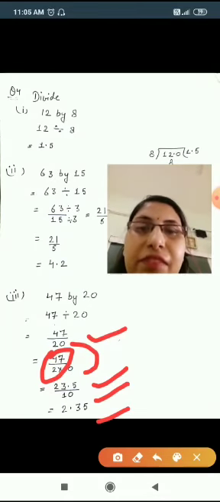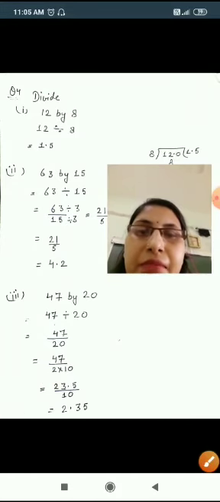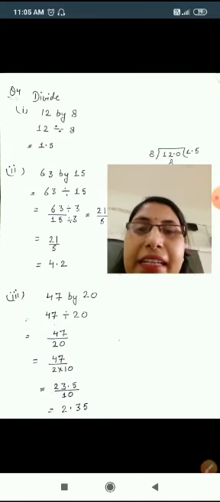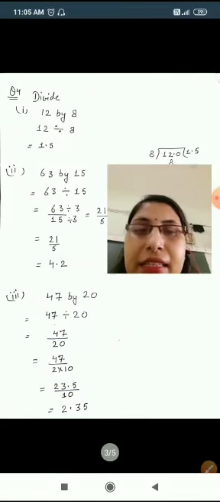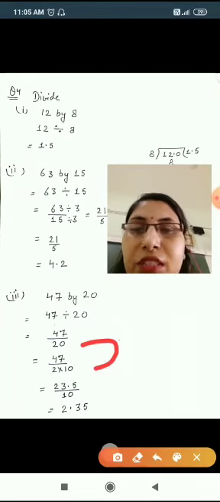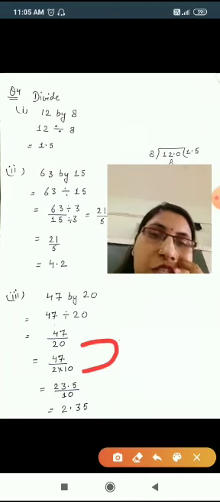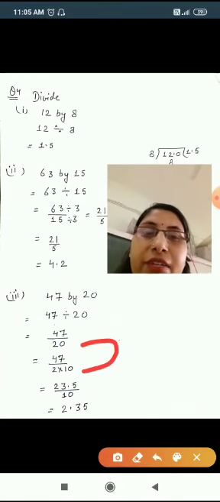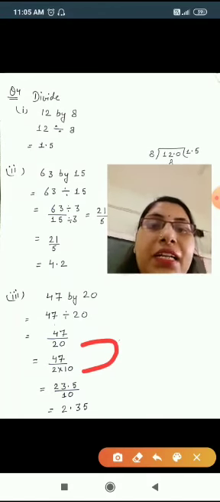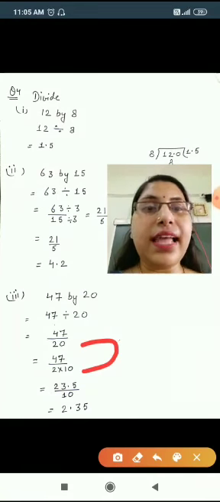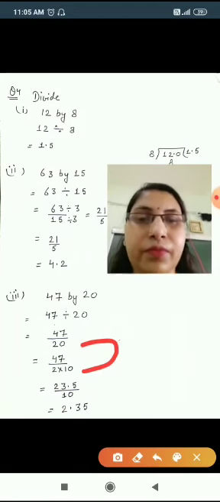Clear everyone? So it becomes easy. So always remember you can split the number like this, like we have done here. 20 we can write 2 into 10. 50 we can write 5 into 10. Like this, 200 we can write 2 into 100, like this. Clear everyone? So now